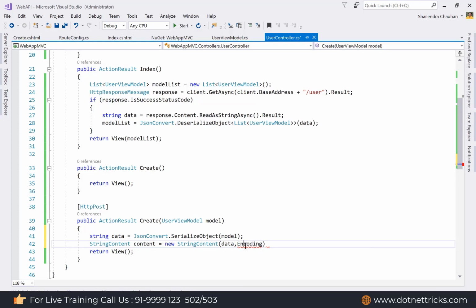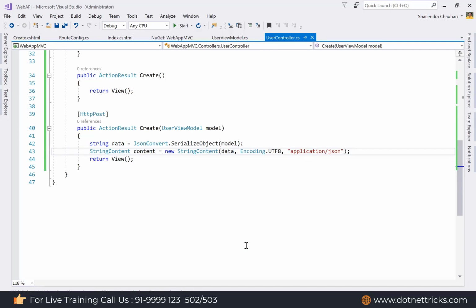First of all, just add the System.Text namespace. As the encoding I'm using UTF-8, and the media type we are using is application/json, because we are passing the data as a JSON string. So this is the way to convert our object into the JSON string, and here I'm creating the StringContent so that we can pass it as an HTTP content.